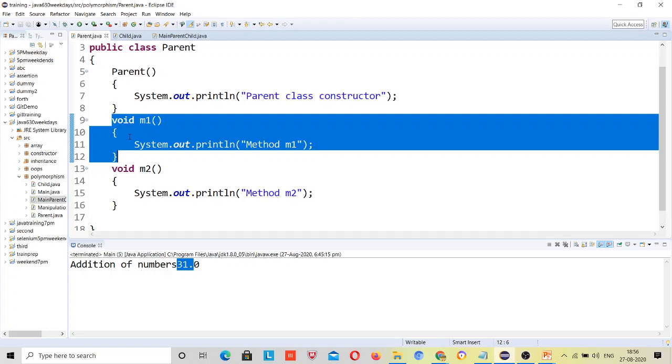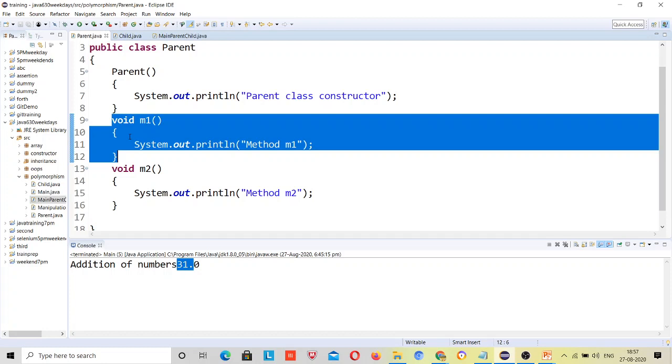Suppose I am making a game, right? Suppose I am creating a game and I say that the player jumps. But there are 5 to 6 players in that game, and one player jumps 5 feet height and one player jumps 6 feet height. So suppose a child class wants to say that my player will jump 6 feet height, while your player is just jumping 5 feet height because my player has more energy, right? Like in PUBG we play, right?